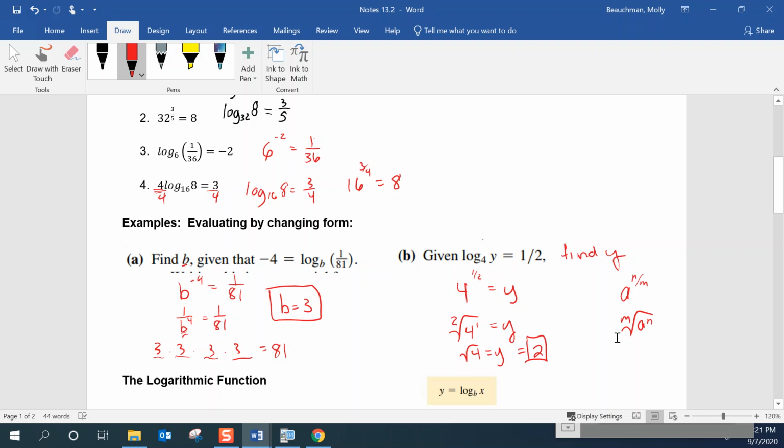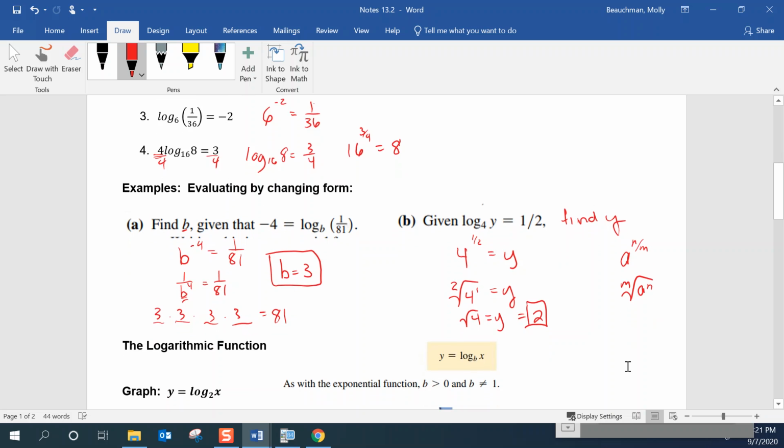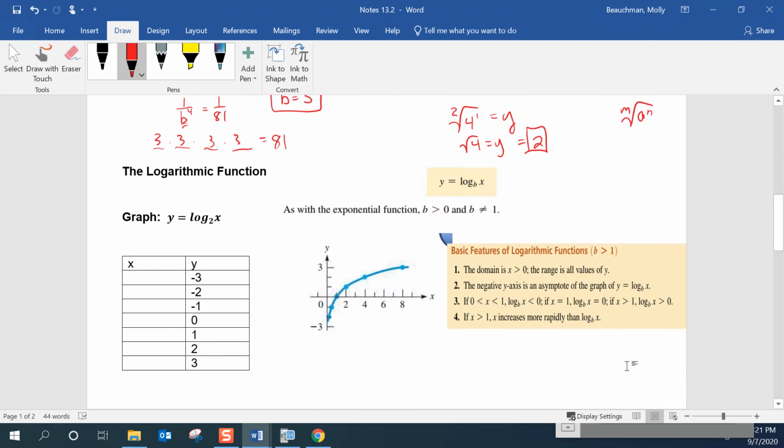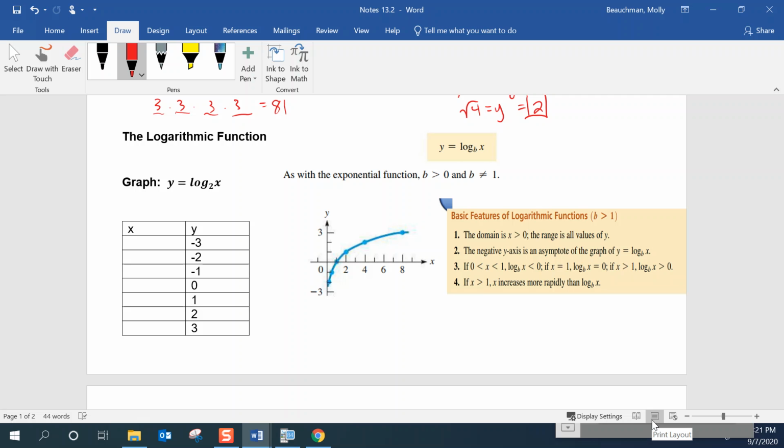All right, so now that we've taken a look at the definition of a logarithm as another way to write an exponent, now we're going to take a look at the logarithmic function. So we're going to take a look at the graph of y is equal to log base 2 of x. So I'm going to rewrite that as a power, just so we can plot some points. Written as a power, that says that 2 to the power of y,